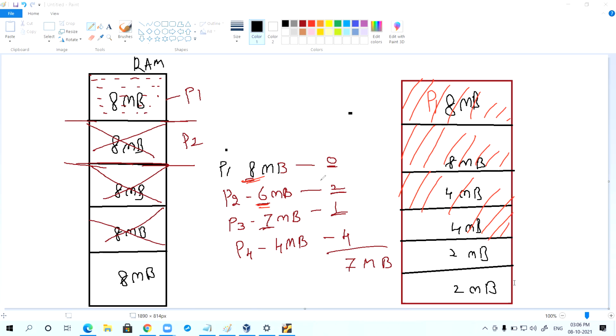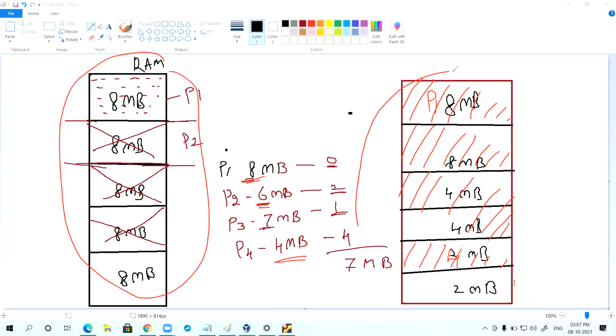Can I say here also 1 MB is wasted? Suppose this is a 4 MB, P4 process needs 4 MB, can I say 4 MB is allocated? Now compared to the fixed equal size partitioning, in fixed unequal size partitioning, internal wastage is less. Yes or no?